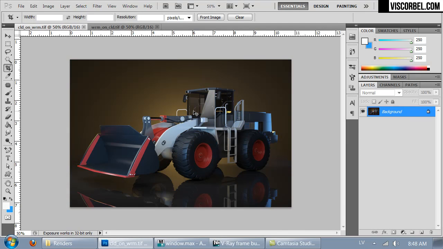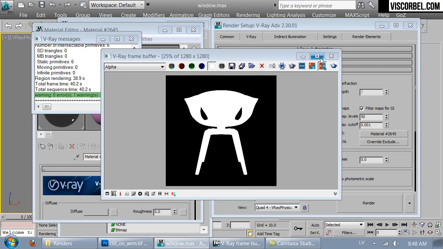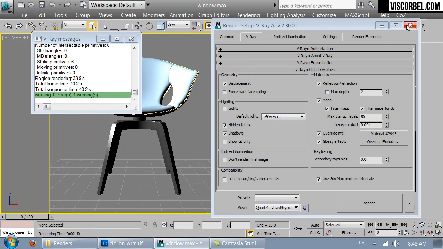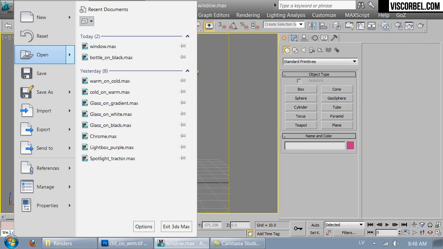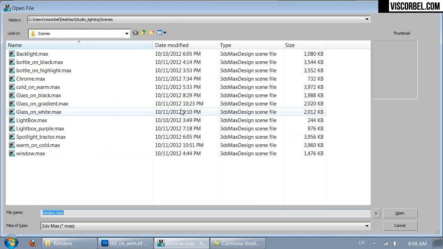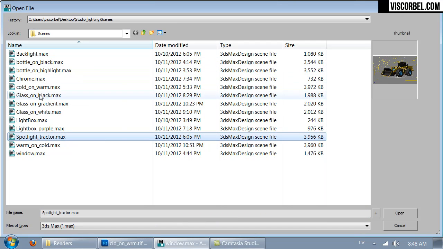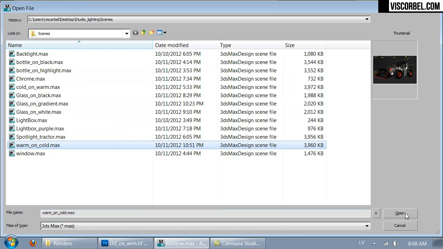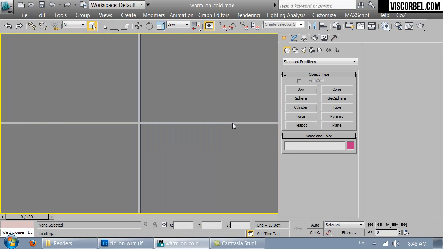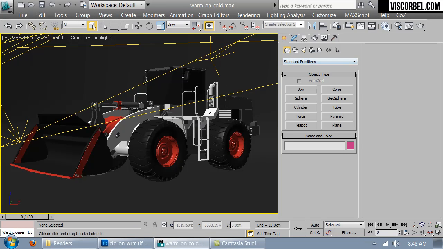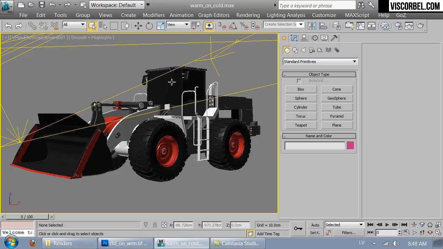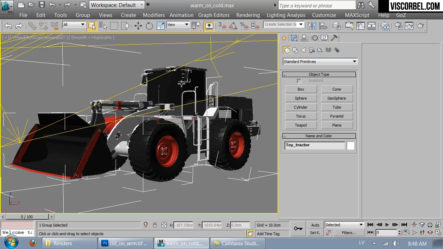Alright, so in this case I want to use the same trick with adjusting the background separately from the main part of the render, main subject of the render. So let's open the tractor. Okay. I'm gonna hide my background, ungroup the tractor,